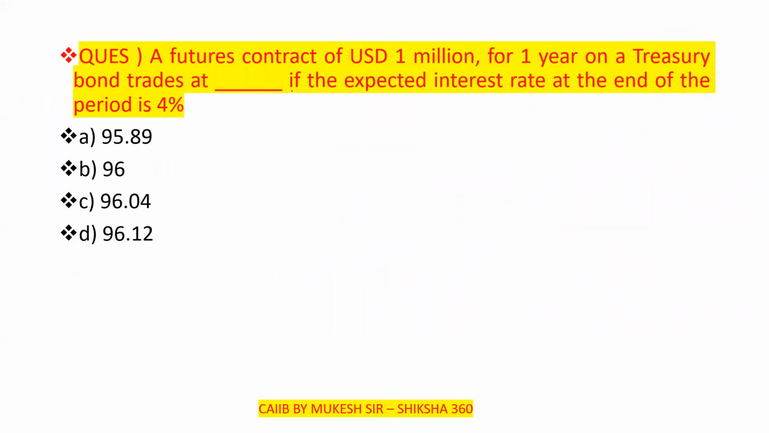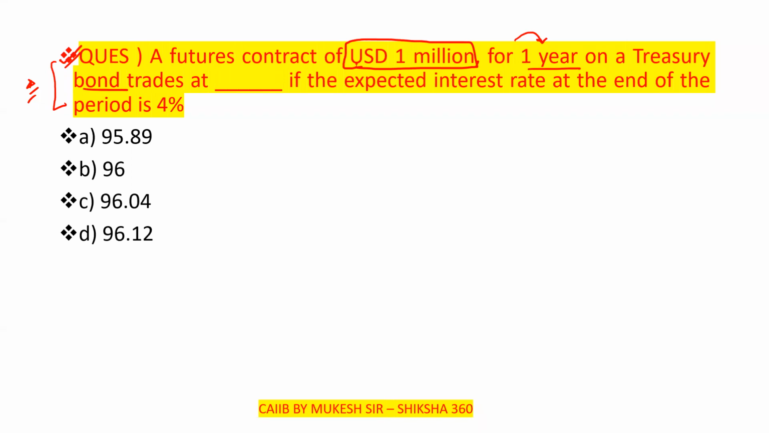Now let's move to the next question. In this question there is no calculation to be done; it is a straightforward question. They have taken it from the book. Let's discuss it. A futures contract of USD 1 million for 1 year on a treasury bond